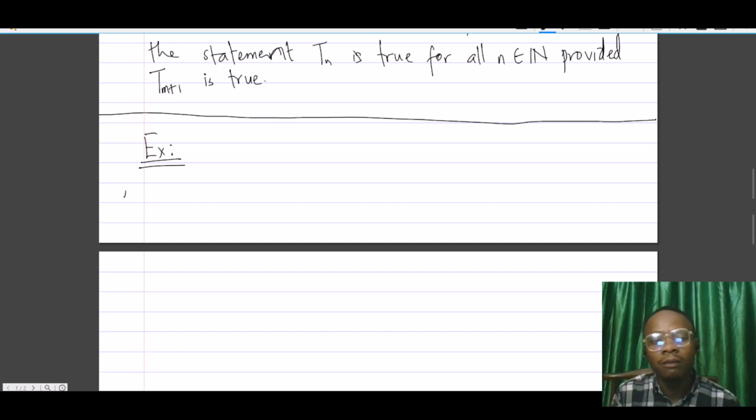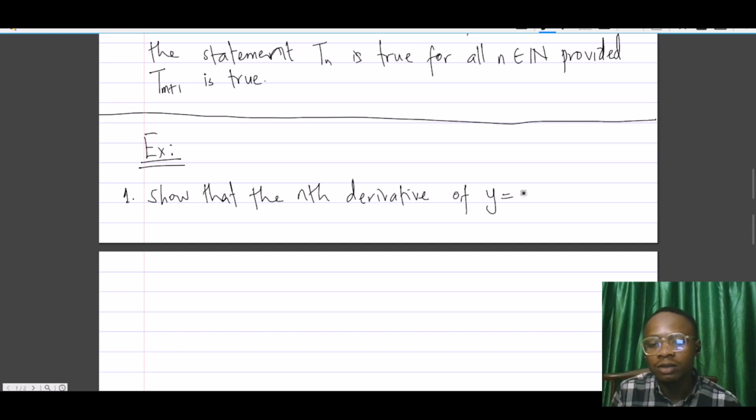So we want to prove or show that the nth derivative, so we're still dealing with higher order derivative, shows that the nth derivative of y equals e to the power minus ax cos(bx plus c) is the nth derivative of y equals r to the power of n, then e to the power of minus ax, then cos(bx plus c plus n epsilon). So close the bracket, where